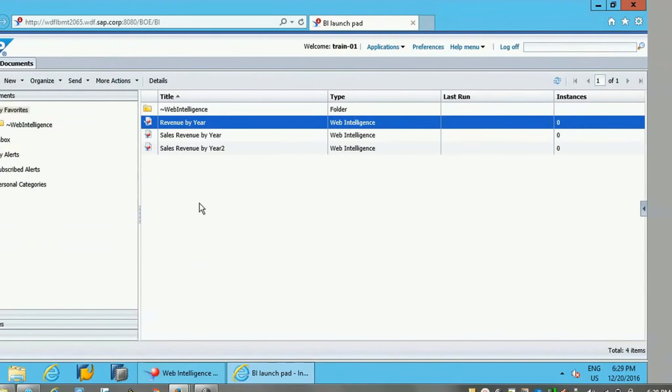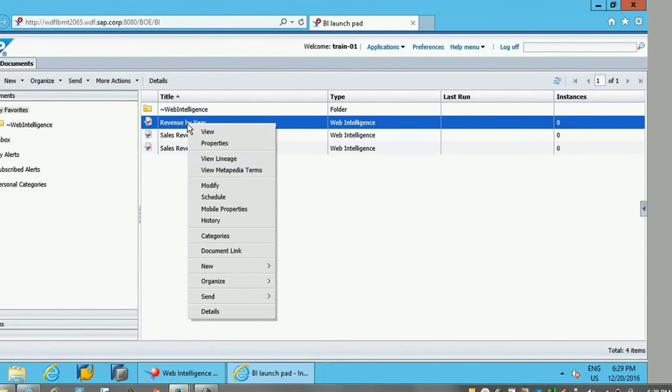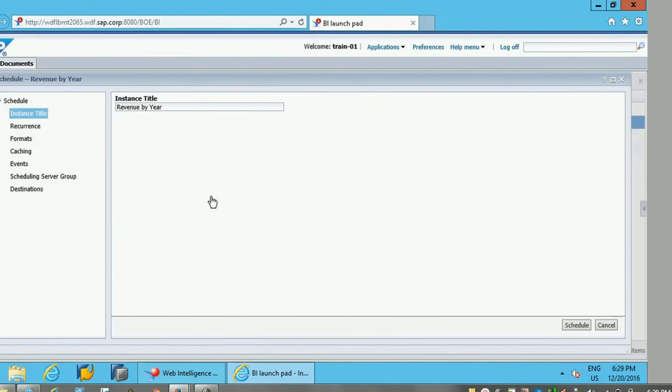Let's close this. Now if I want to schedule this report to, suppose, my inbox or to other users, then how can we do this? I'll right click on this, and if you see the schedule option, if I click on this schedule,